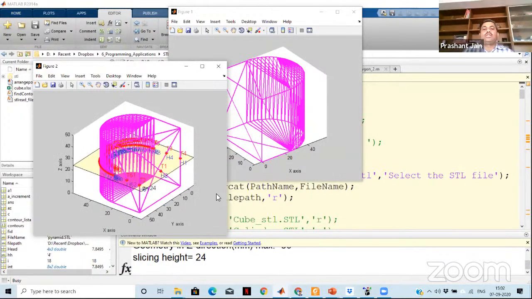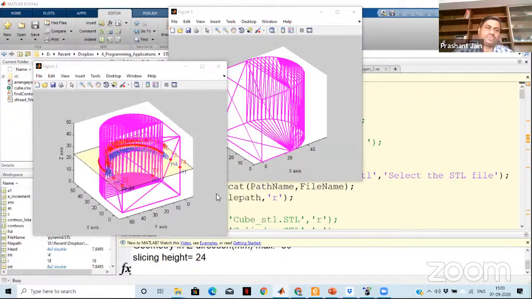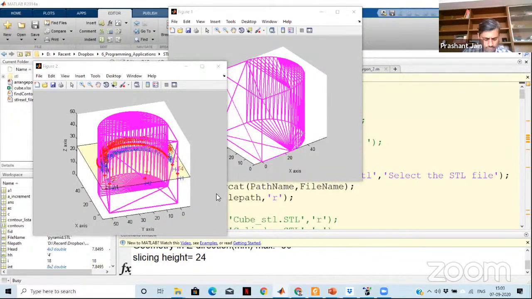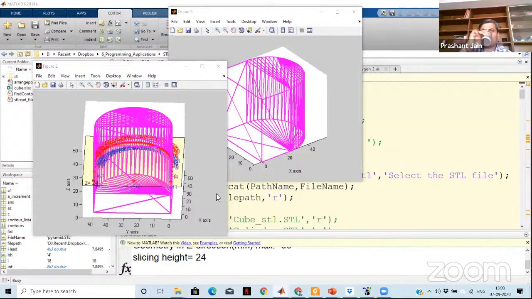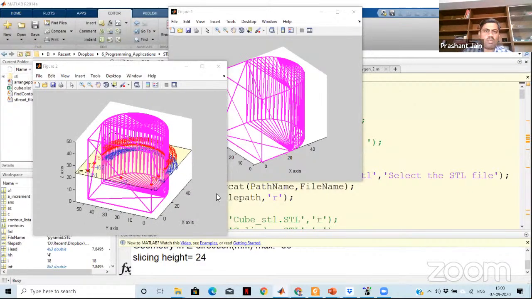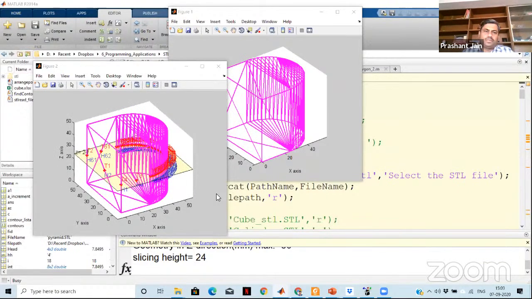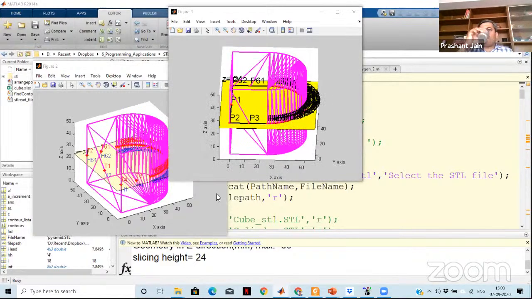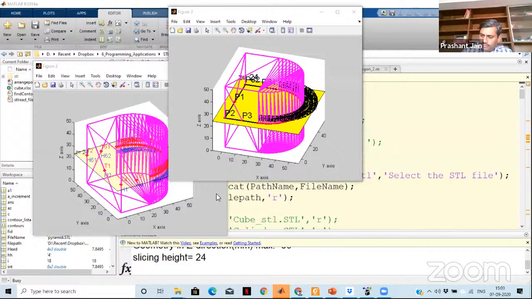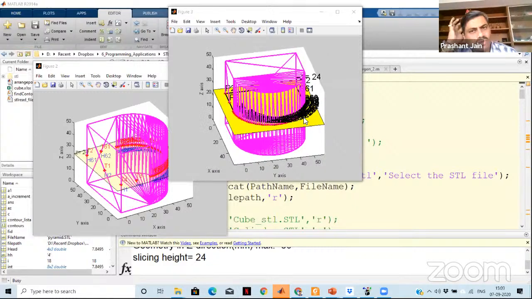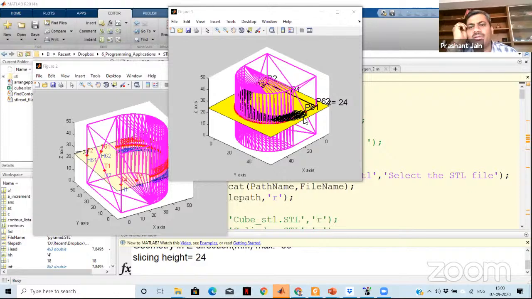Right, you can see the black color contour is there, and more than 62 points we can see here, right?